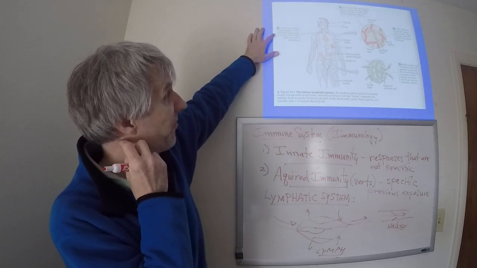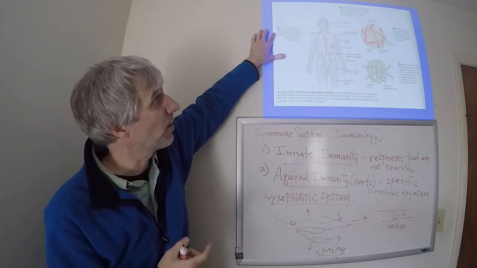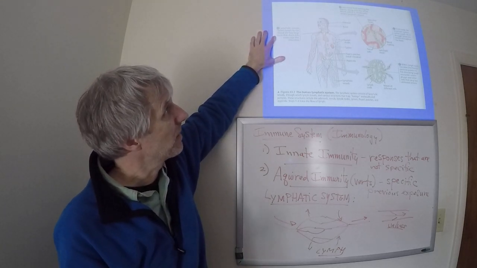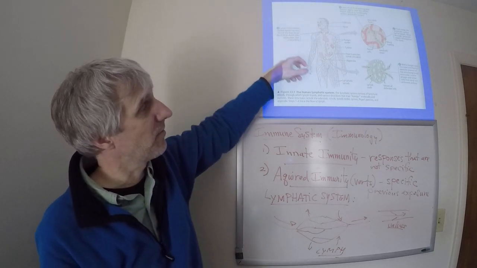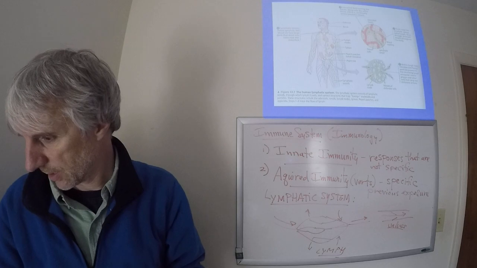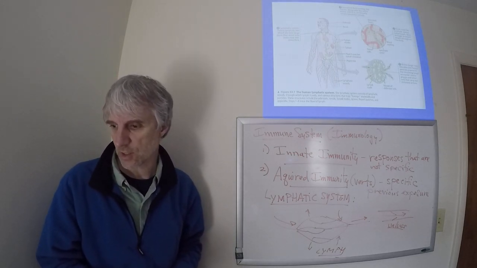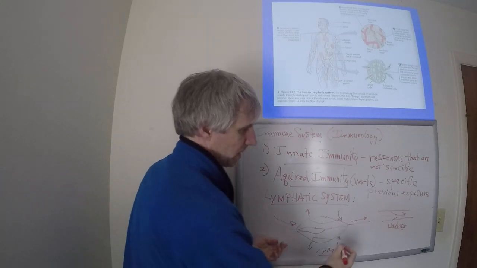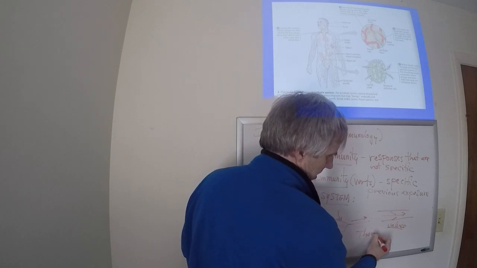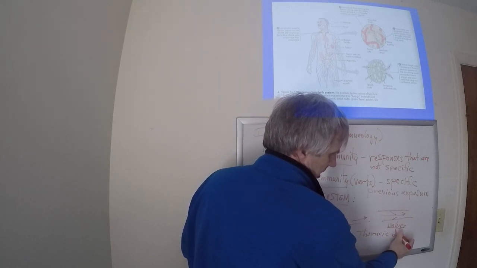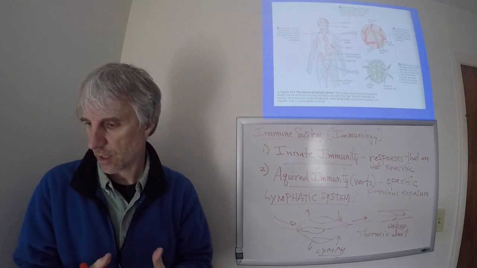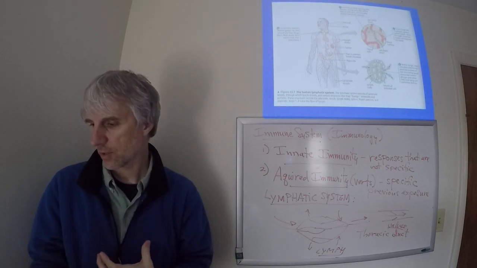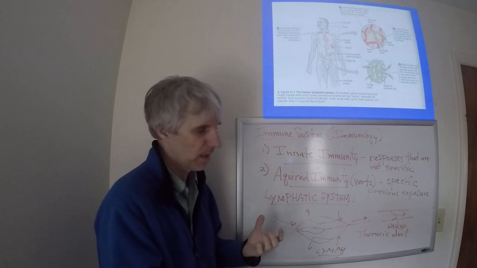All right. The lymphatic vessels are returning the lymph back to the blood via two large ducts that drain into the veins near the shoulders. The largest of these is called the thoracic duct. And the thoracic duct is returning the lymph back to the circulatory system by the left